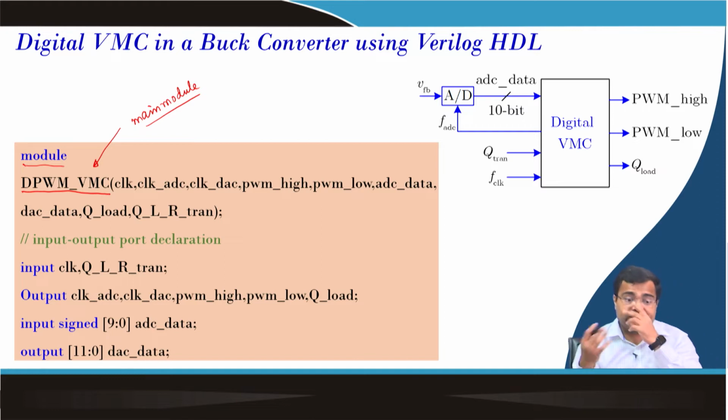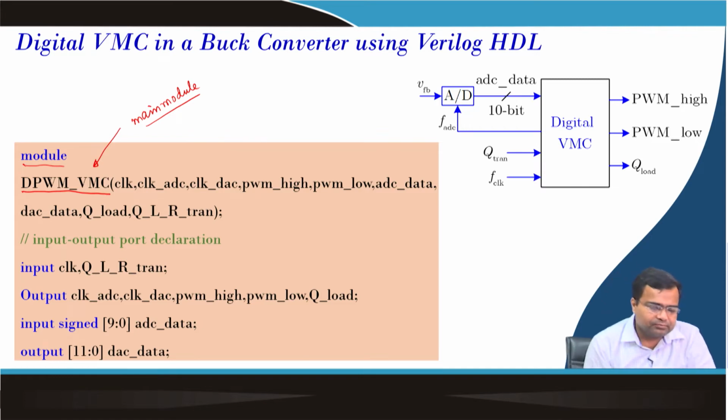When we go to the next week or the subsequent lecture, that is the step by step methodology of implementation and hardware demonstration, we will talk about the user constraint file and how to do it, because we want to show a live demo of that Verilog implementation using our actual Xilinx code. But this is the main module. Today in this particular week, we are talking about how we can write Verilog code for this implementation, but while we will be demonstrating the live demo of digital voltage mode control,